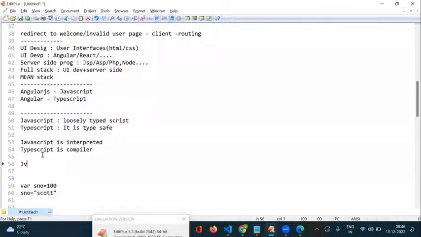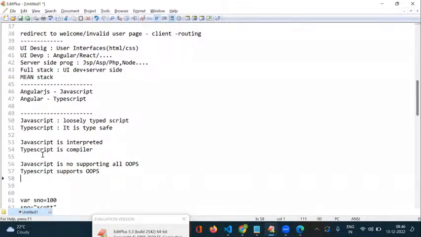JavaScript is not supporting all OOPS concepts. TypeScript supports complete OOPS concepts. That is one advantage. In JavaScript, classes we can create, inheritance we can use, but we want to work with